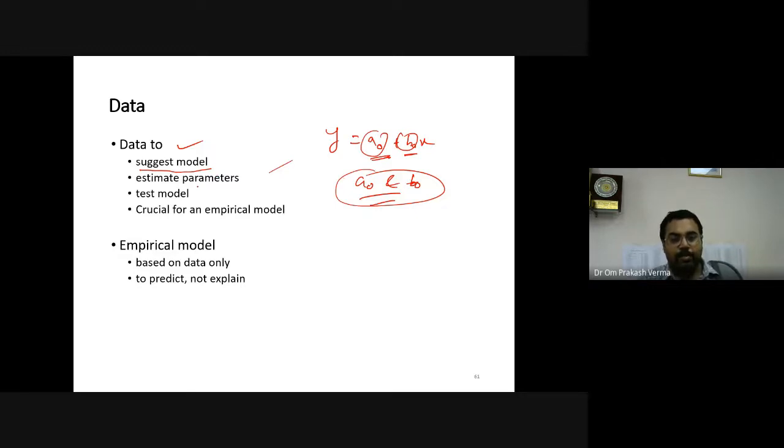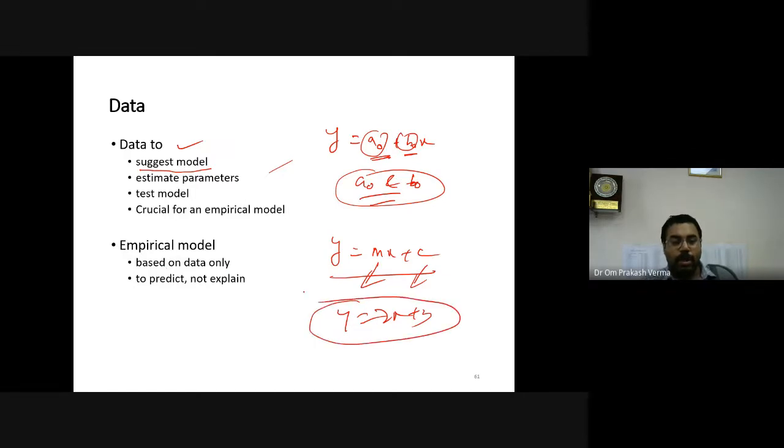Then, let's say we find y equals mx plus c, where m and c are our estimated parameters, and let's say we have found the model 2x plus 3. Now we will try to test this model. We will take a number of x values, find out the y, and try to fit this model.